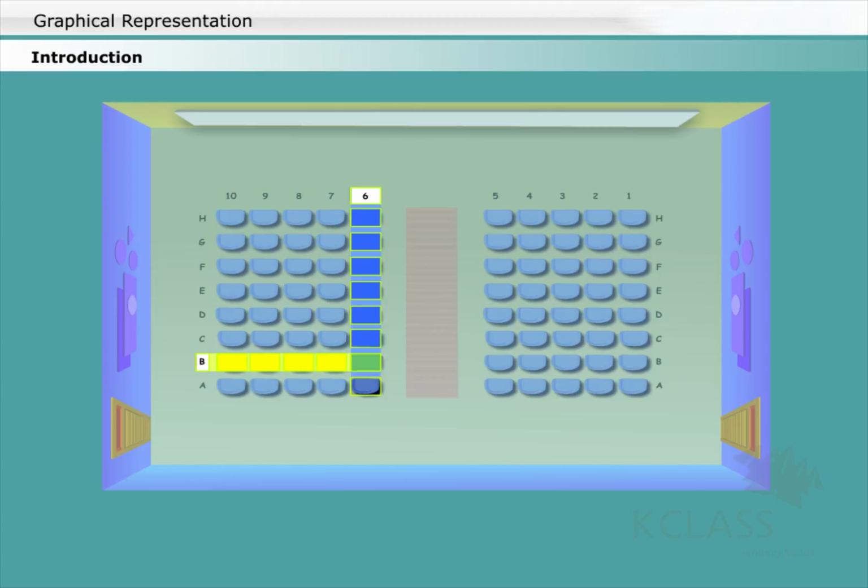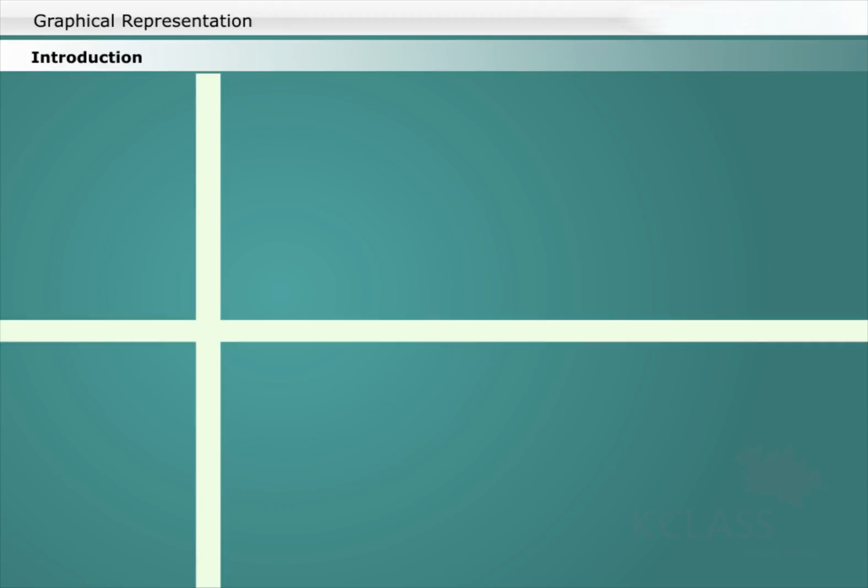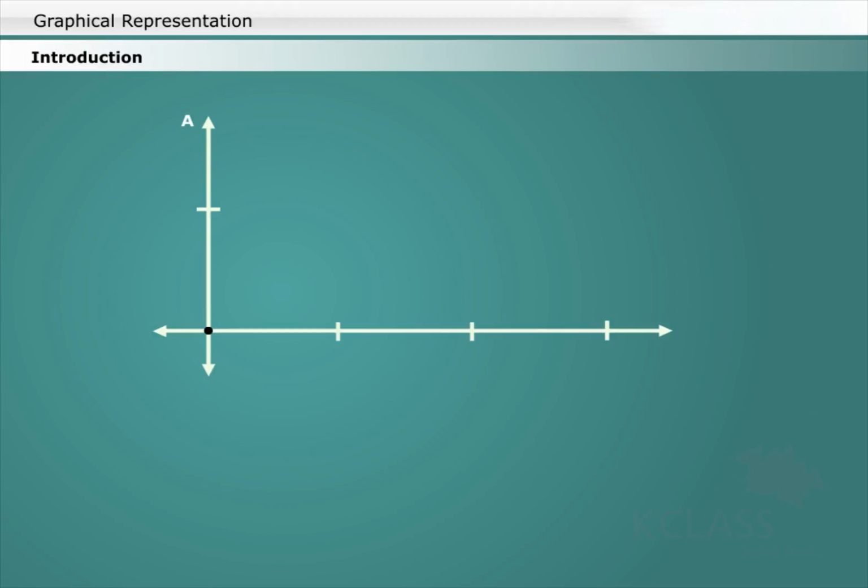When two reference points are given, then it becomes easy to fix the exact location of an object on a plane. Now, if I draw the two walls of the theatre as two lines, A and B, intersecting each other at O, and I tell you that point S is 3 centimeters to the right of line A and it is 1 centimeter above line B,